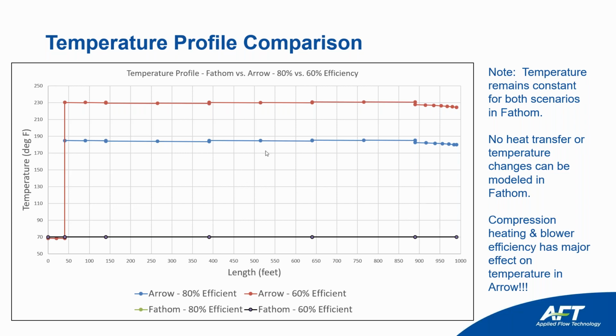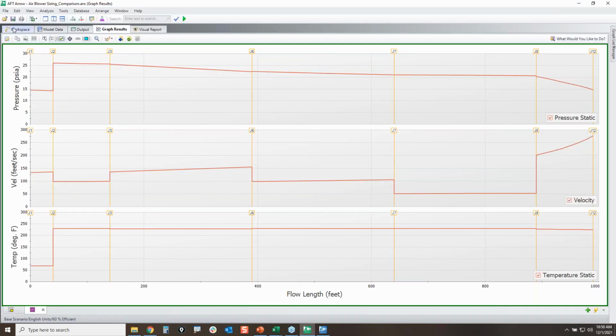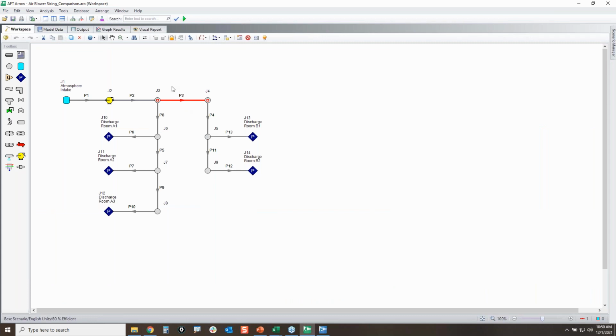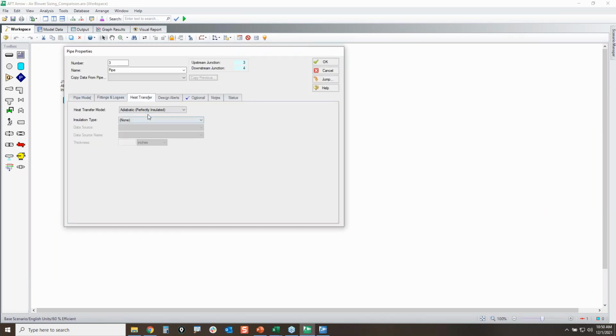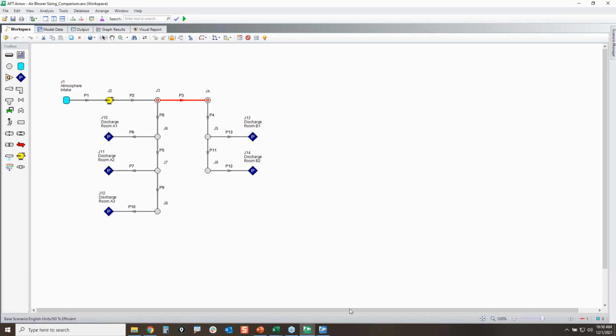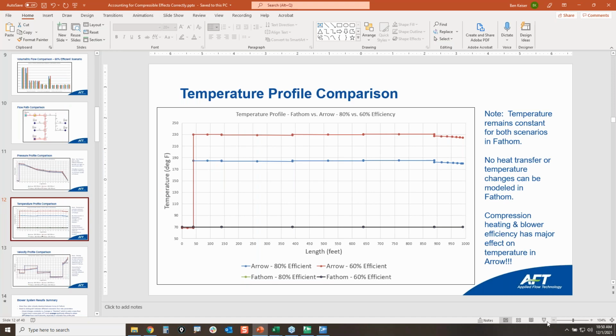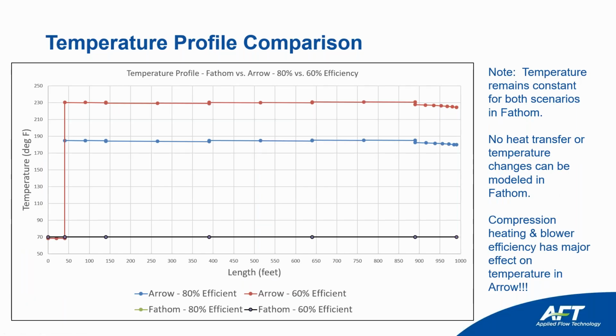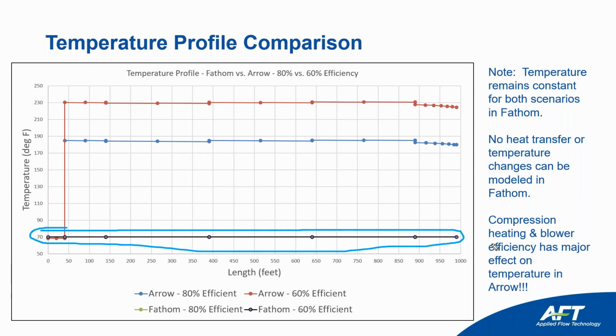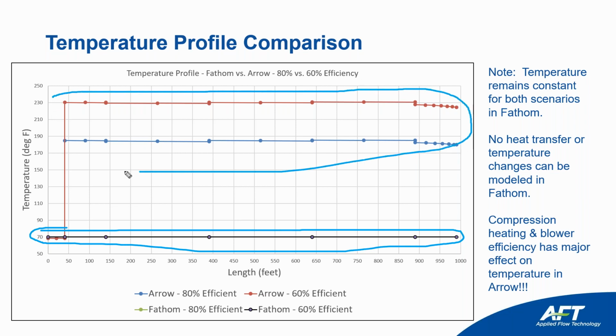And so here, even if you were to use an Aero adiabatic pipes, which I think it does, let me check. So here's Aero. If I open up this particular pipe, this is adiabatic, so perfectly insulated, no heat losses. So as you can see with compressible flow, you're still going to deal with temperature change. And you're not going to see that at all in Fathom. And so in Fathom, you're going to be seeing 70 degrees coming out at all of the pipes into the room versus here you can clearly see that when you're